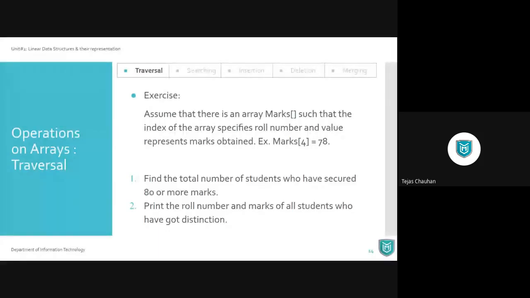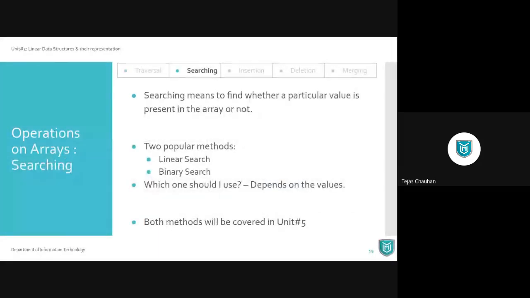So that's traversal. Next is searching. We want to search for a particular element, value, or number within an array. When we want to search for a particular number, there are two different ways: linear search and binary search.